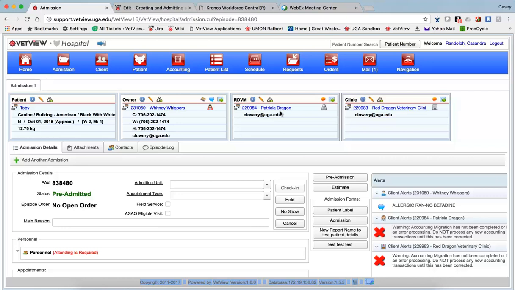So the way you can indicate whether this is simply the referring veterinarian for the episode or if this is the primary vet is this little icon here off to the right of the RDVM card and the clinic card. As you'll see, the default is that they are uncolored, and basically that means that the icon's inactive. However, setting the RDVM as the primary RDVM is as simple as clicking on that